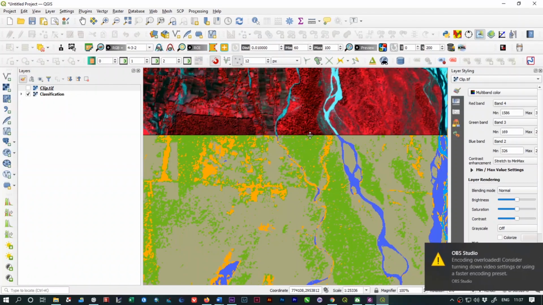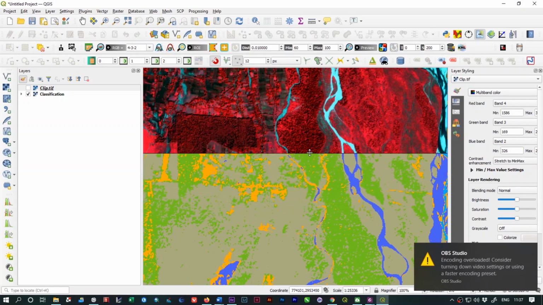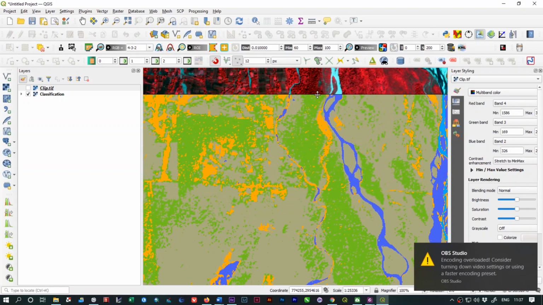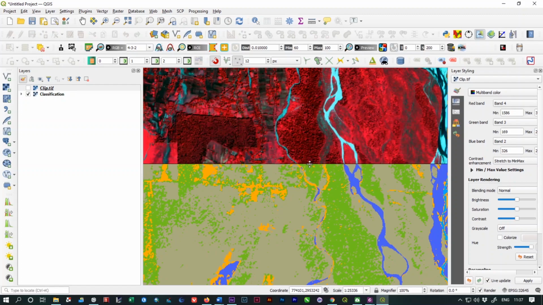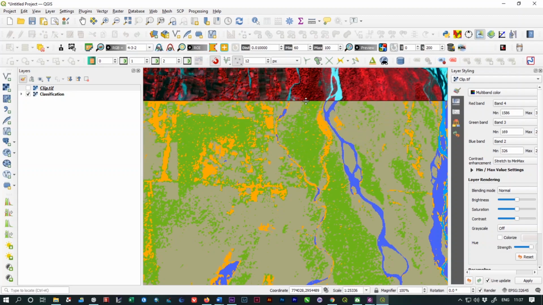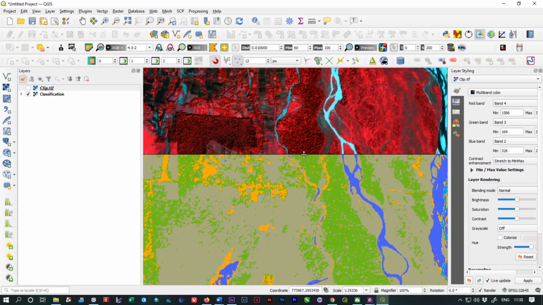Today we are going to discuss how to perform supervised image classification in QGIS, and we will also learn how to use the swap function between two rasters or two vectors in QGIS. In the process of supervised image classification, we have to perform many other algorithms and tools which are very essential to learn in the platform of GIS and remote sensing. So without any further ado, let's jump into the tutorial.